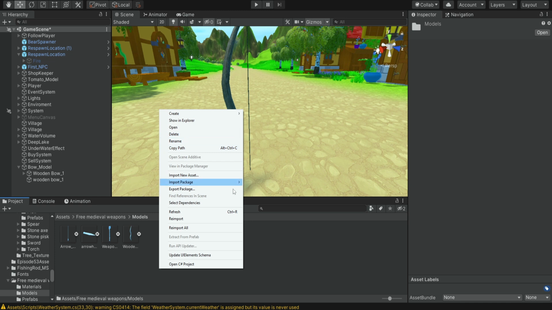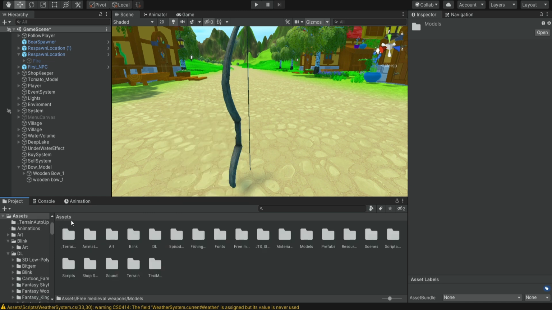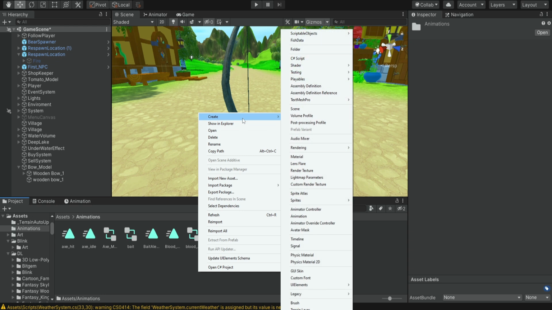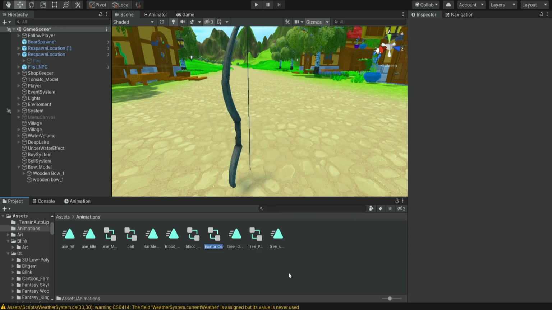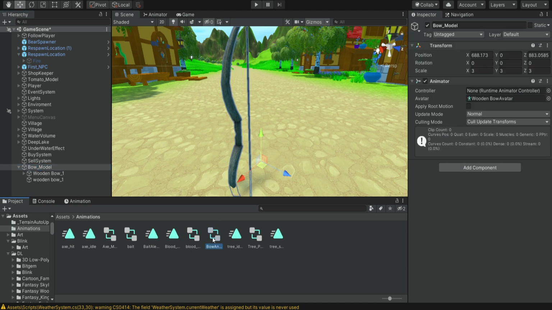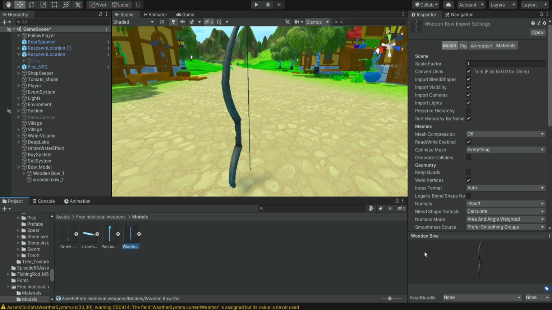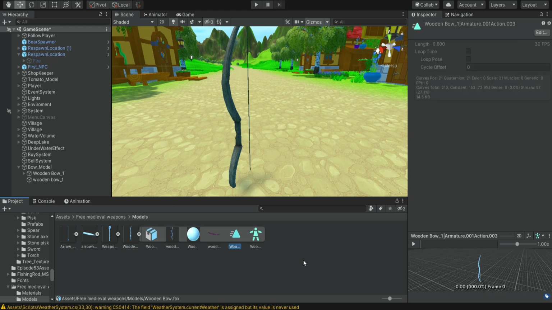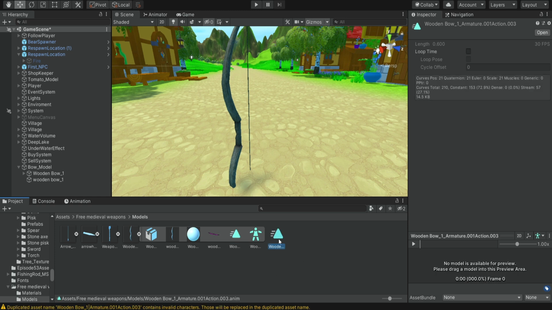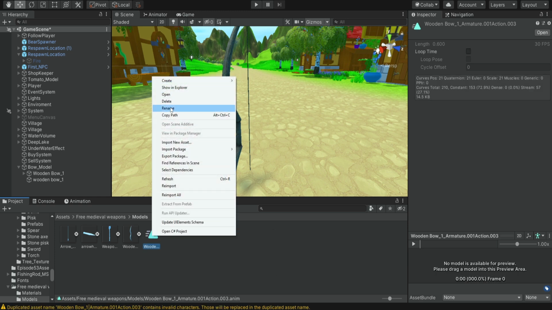So let's just create the controller over here, or maybe inside our animation folder. Let's create an animator controller and name it bow animator. And we're going to drag it on the bow model over here. Now we also want to use the actual animation. So let's go into our asset, model, wooden bow, and over here, we're going to expand this and we can find this animation. So we're going to duplicate this. So Control D, and it's going to go over here and we can rename it to